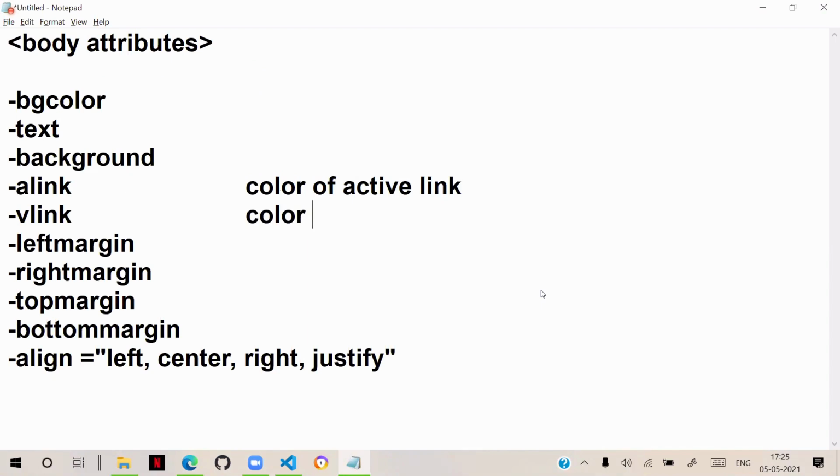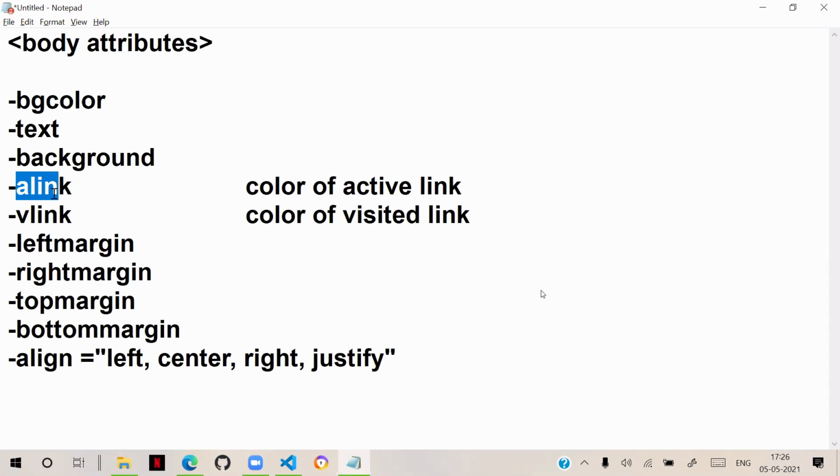V-link is to change the color of the visited link. Visited link color you can change with V-link. Active link color you can change with A-link. Not normal link color. Normal link color you have to change with CSS.